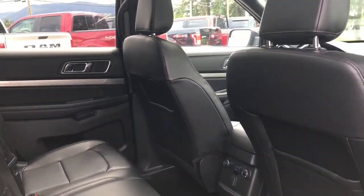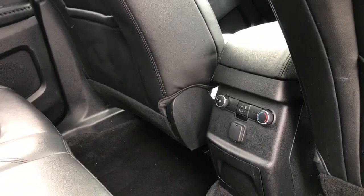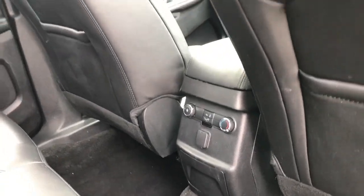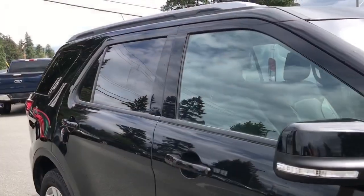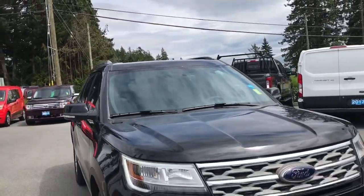This vehicle comes with extra carpeted mats, and there's slim pockets on the back of the front seat. In the center there's climate control as well as a 12 volt, and that little bin in the bottom pops open and you can have a couple of cup holders there. There's a grab handle in the body, lights, hooks, and handles, as well as that nice view. Side capless, easy fuel gas filler, privacy glass in the back windows, roof rails, heated and powered side view mirrors,